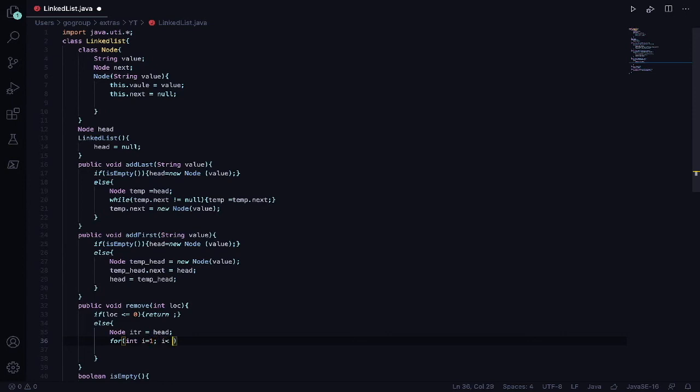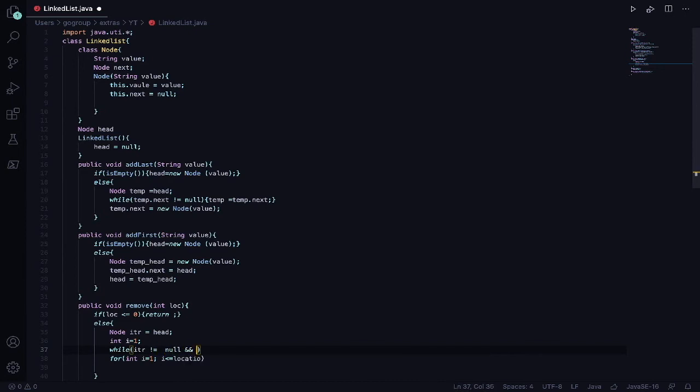So i is smaller than or equal to location. But before we do that, we need to be in a while loop. In this while loop, we need another pointer just to iterate over stuff. So I'll declare int i is equal to 1. And while iterator is not equal to null,